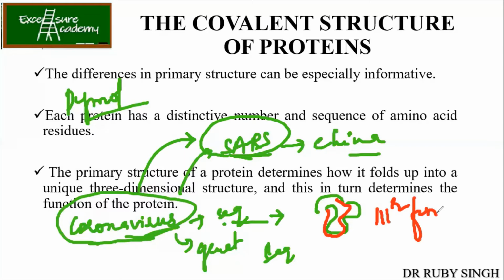So nowadays, because so many crystallography softwares are available, it becomes very easy to predict the structure. An already existing structure is used as the template, and on top of it you can place your new amino acid sequence and guess the structure. So once you know the structure, you can actually guess the function also. Okay,